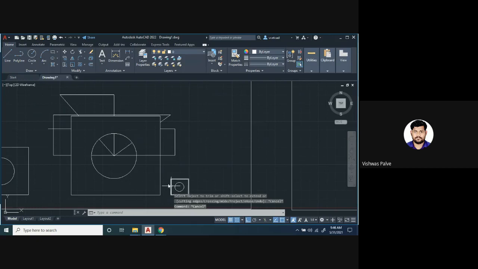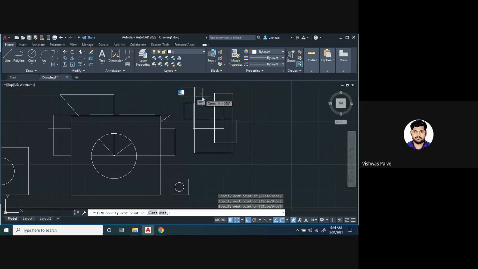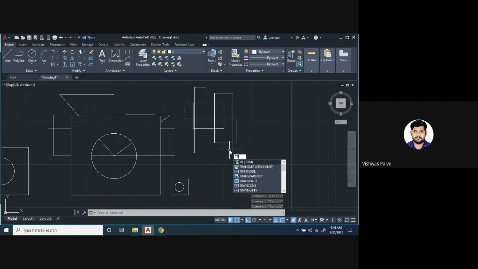The shortcut for that, please note it down. This is very important, because whenever you are using a lower version, you may face problems. So better you use a shortcut. Whenever you want to use the trim option, always go with the shortcut, don't go with the command. So the shortcut is TR, and you have to press enter two times, double enter.